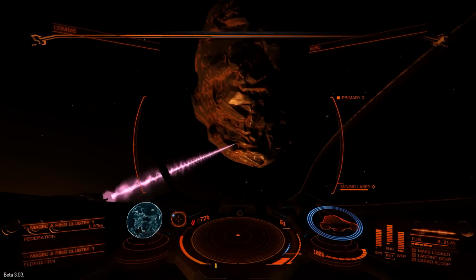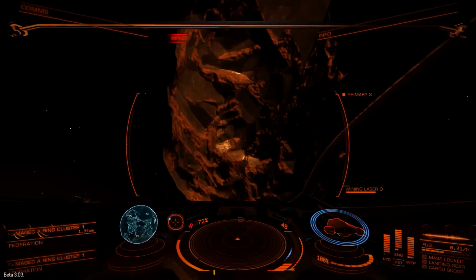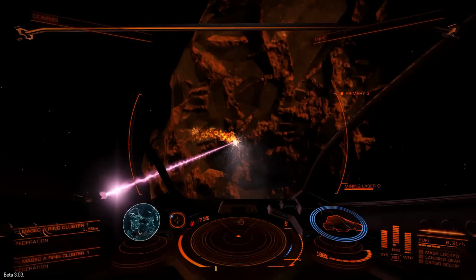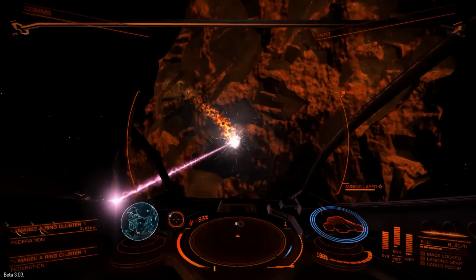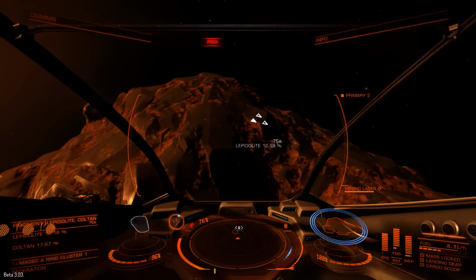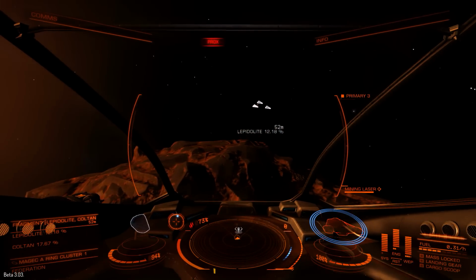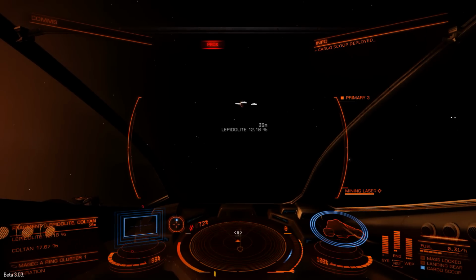So that's the ones you're looking for there, right? And fire the laser, and it should do that with more of a sparkly effect. There we go. You see, there's something flown off already. Right. Okay. Normally I would carry on, but let's target that. Right. That's lepidolite, and it's telling us that it is 12%. So what we do is...